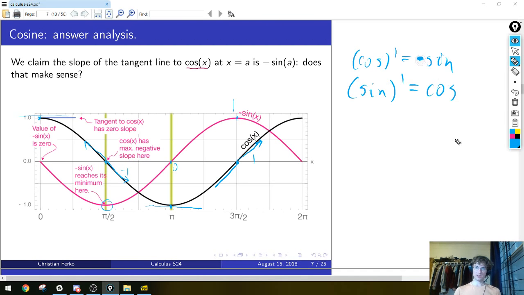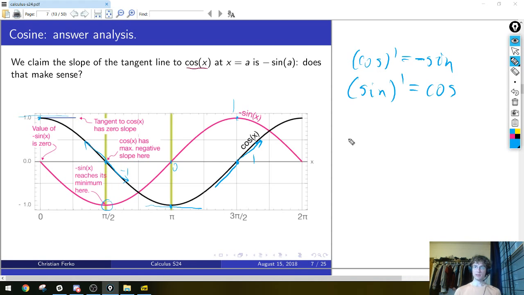Yeah, this is the first time we've seen a very obvious asymmetry between sine and cosine. Normally we think of sine and cosine as being more or less the same thing, except shifted by pi over 2. You just take one and shift it by pi over 2 to the right, so they're really the same function. Now we see there's an asymmetry in the derivatives, but the asymmetry isn't really that much of an asymmetry,